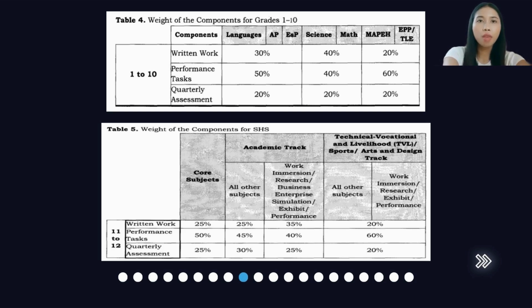If there are changes, there are also challenges and criticisms. While the DepEd grading system aims to be comprehensive, there are several criticisms. First one is the pressure on students, as the emphasis on a numerical grade can contribute to academic stress. Second, inconsistent implementation. Some schools or teachers may apply grading differently, leading to inconsistencies in grading across the country. Third, inadequate assessment methods. Some argue that the focus on formative and summative assessment does not always capture the full range of students' abilities and progress.